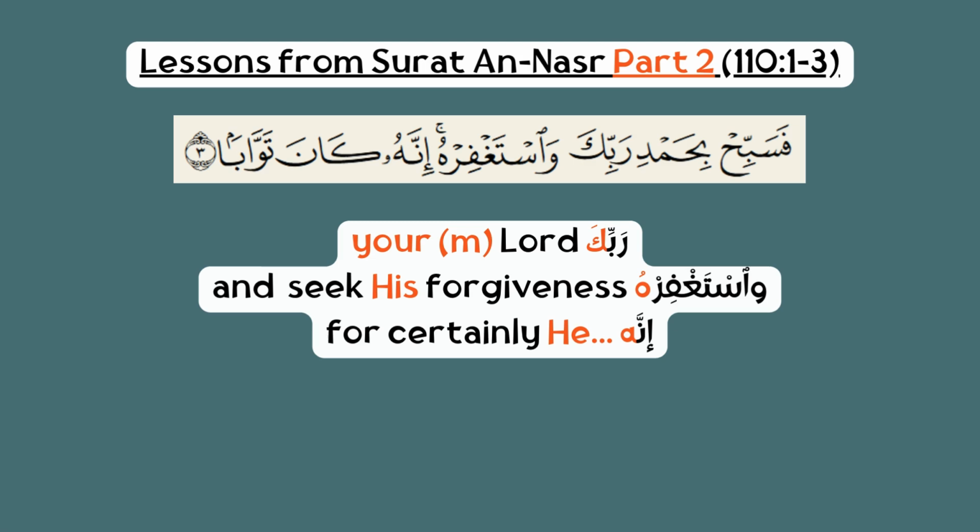On the last verse here, there are some pronouns which I wanted to focus on. For example, when it says Rabbika, the word is Rabb, which means Lord, sustainer, nourisher, etc., relating to Allah, of course. The ka at the end is like a possessive pronoun, so it's saying your Lord, putting the ka on the end with a fatha. It means your Lord. If it was with a kasra, like ki at the end, rabbiki, it would be your Lord speaking to a female.